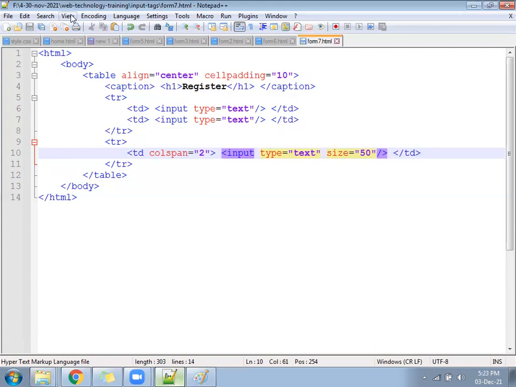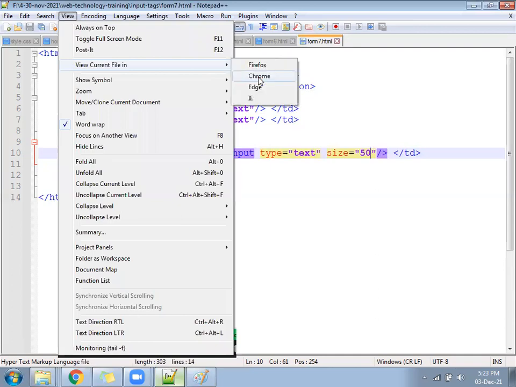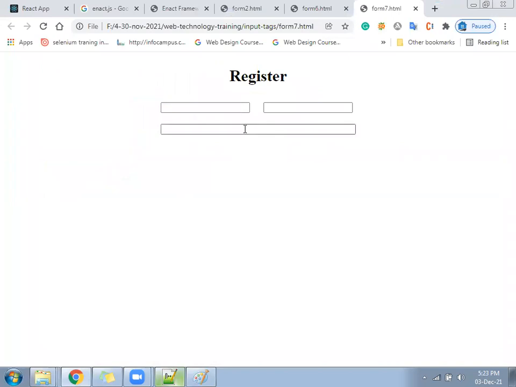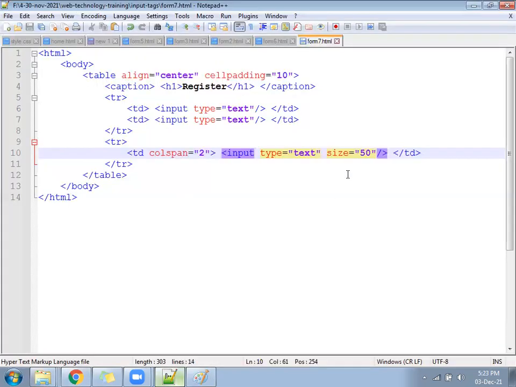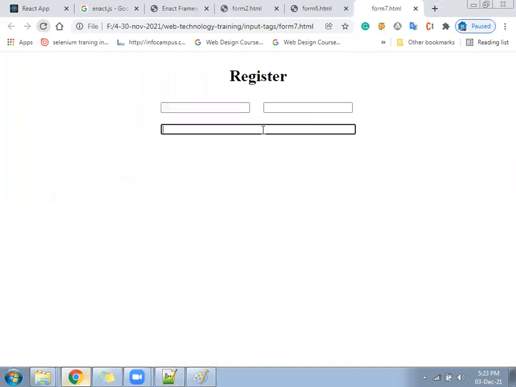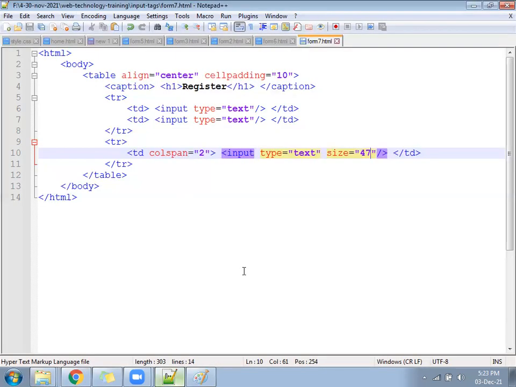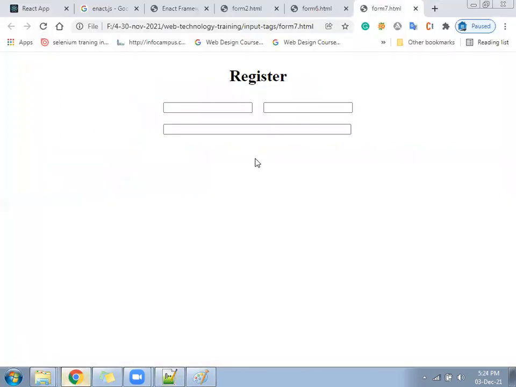Check this file, how does it look? See, something like this. 50 becomes a little more, maybe we have to give 47. So it will come, okay, 47 has become less. 48. 48 is somewhere okay.